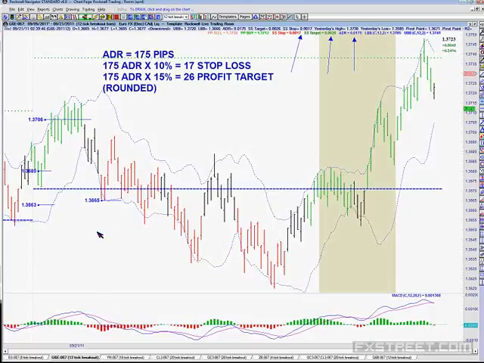But based on our rules, we have a red bar. So MACD is bearish based on the rules that we talked about. 36.65, we would be short. Now, our target, 26 ticks lower, is down here